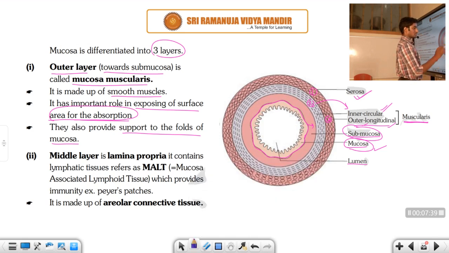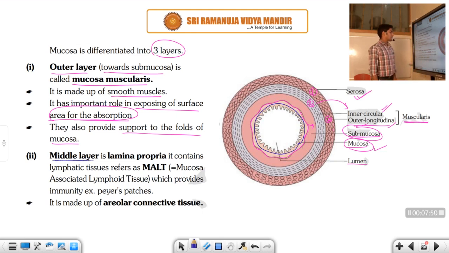Blue color I will choose now. So this part, you can see I am drawing the line now. You can see, student, this part, what is it called now? This part is called the middle layer. Okay, middle layer. Middle layer is also the lamina propria. Lamina propria or middle layer, both are similar only.